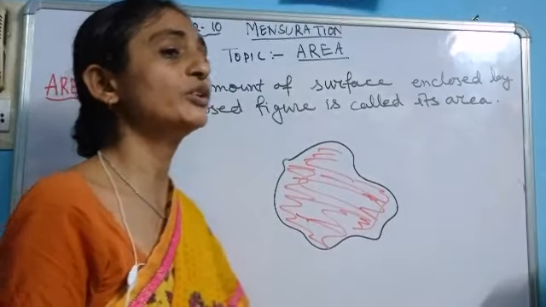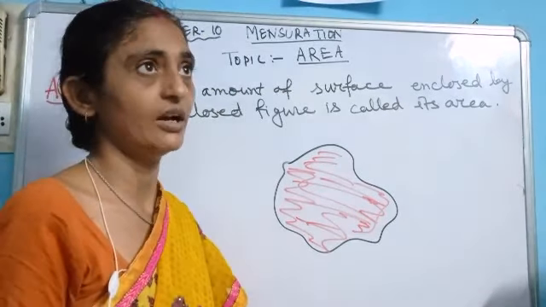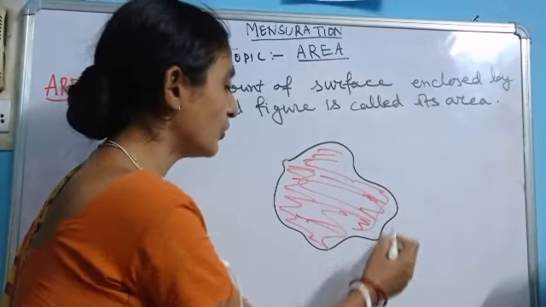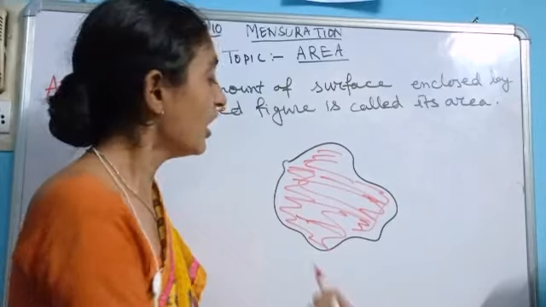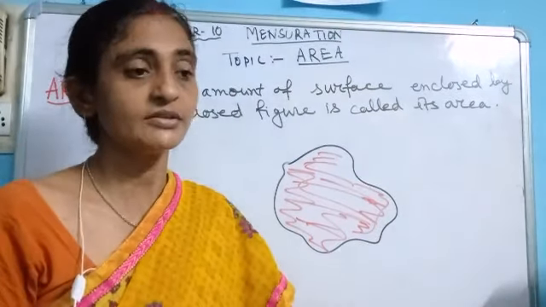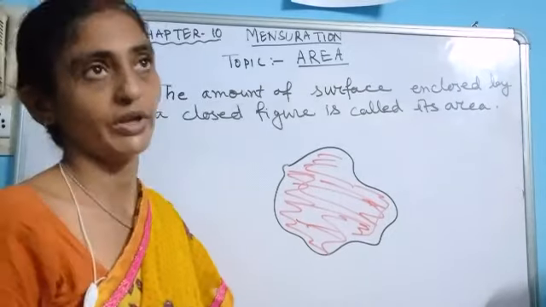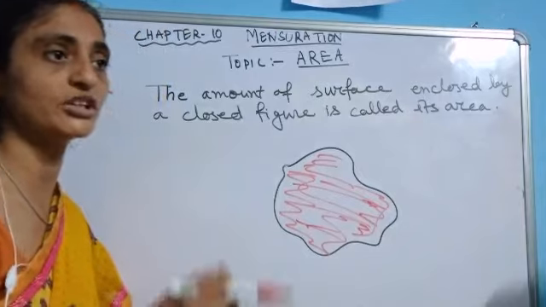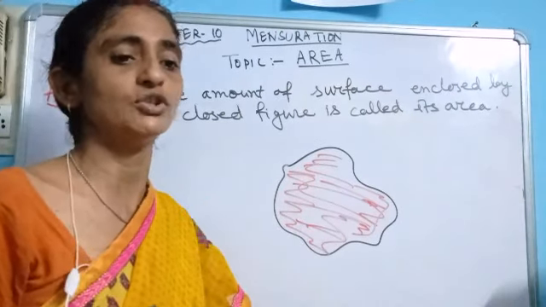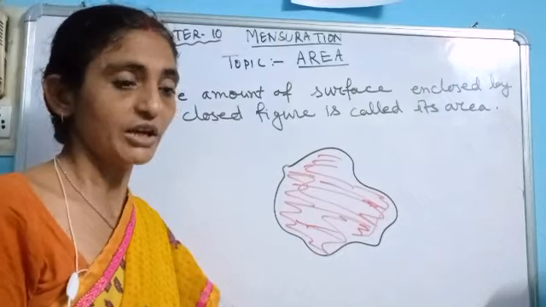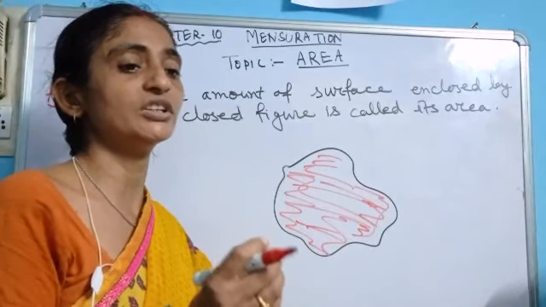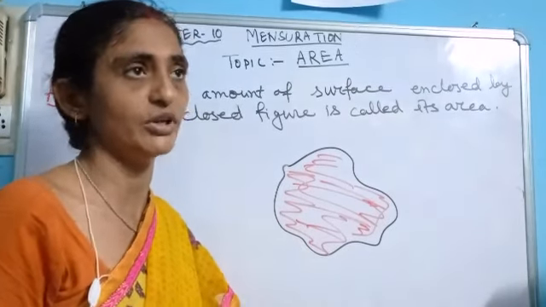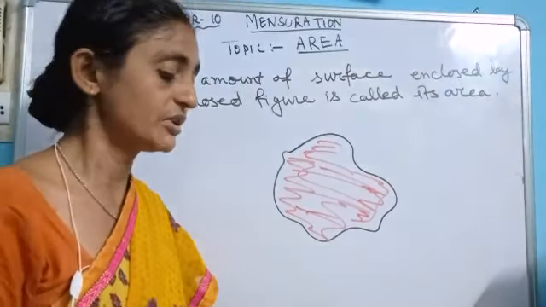Now we want to know how we can measure this area. When we talk about the perimeter, we find the length of the boundary and get the perimeter, but how can we find the area? For that we have a way. Here you can use square paper. All the small squares we will consider as one square unit. That means the length and breadth of each square will be equal and its area will be one square unit.